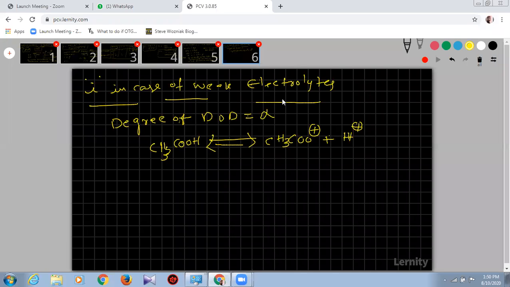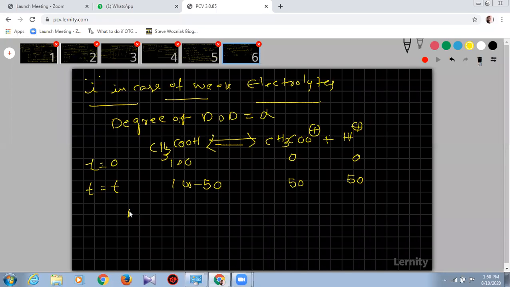So now suppose I take acetic acid. At t equal to 0, before adding, it is 100 molecules, and 0 and 0. After a certain time t, suppose 50 were dissociated. So that means 100 minus 50 remain, and these 50 molecules convert into 50 acetate ions and 50 H plus ions. Am I right? That is the case.